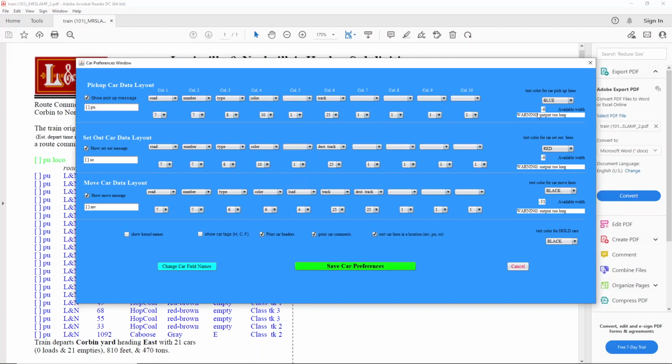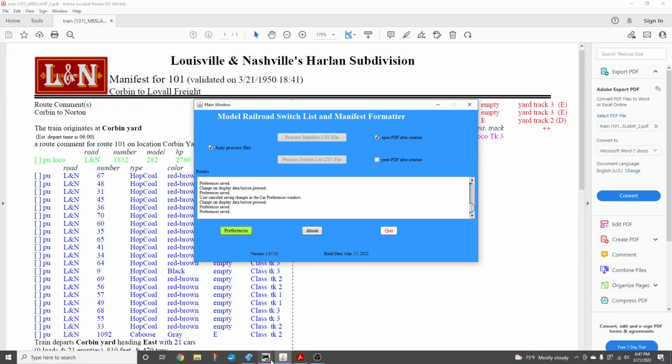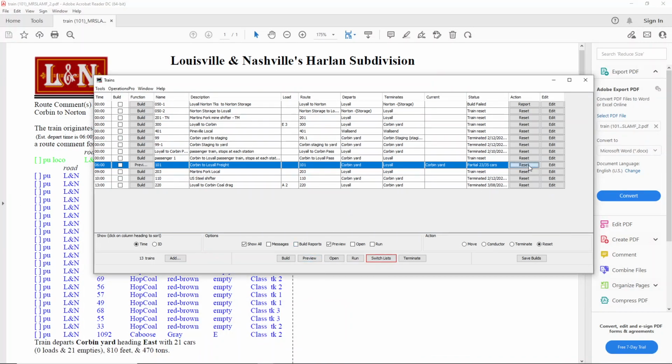And we see we still have 6 characters left, so if we cut the destination track down to about 19, then that should have us to where we fit within the 2 columns per page. So now if we go into JMRI, reset our train and rebuild it,